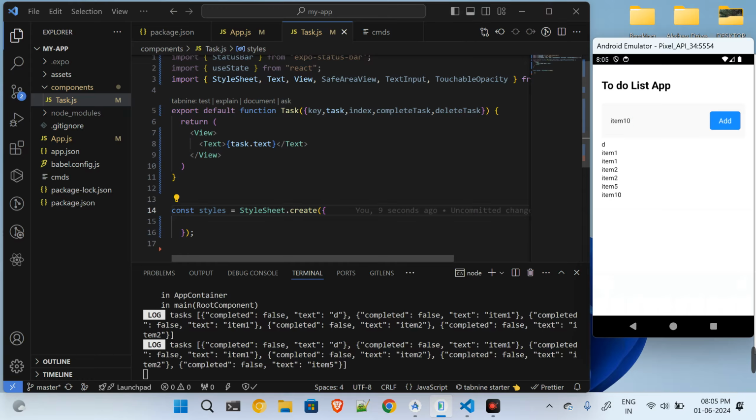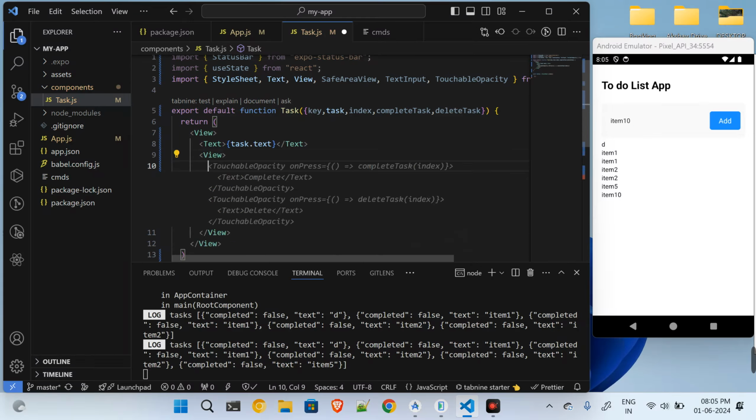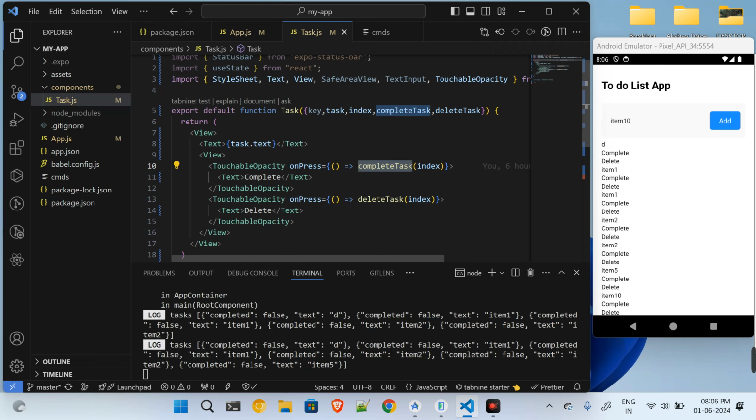And next, I would like to give the complete task button and delete task button. And we have already passed complete task and delete task functions over here. So for that purpose, I will make use of the view over here, and inside of this view, I will have the touchable opacity. Whenever we want anything to be clicked on the screen, like this button, I'll make it a touchable opacity and give the onPress attribute, and after that, give your function, whatever you want to execute. Okay, so now let me just save,